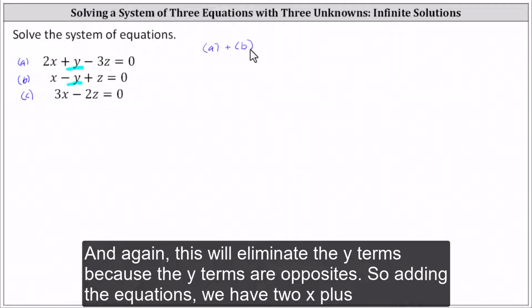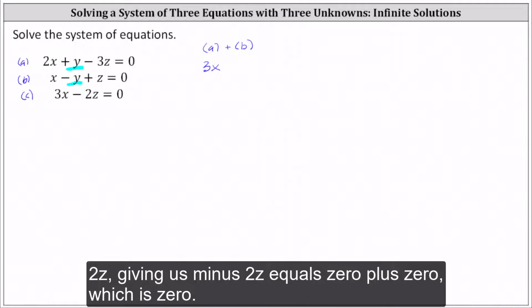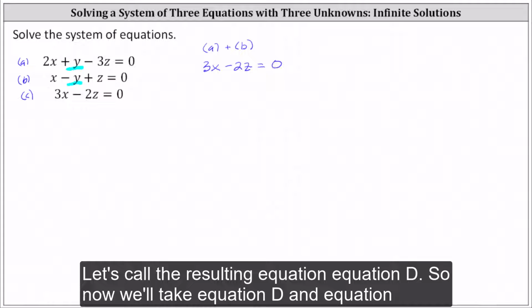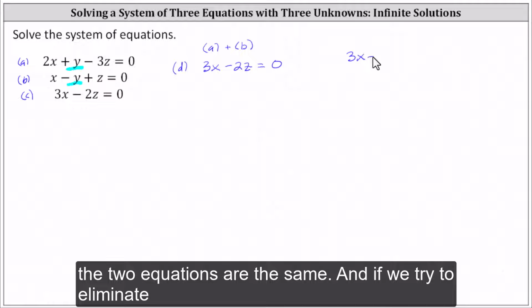So adding the equations, we have 2x plus x, which is 3x, and then y plus negative y is 0, and then negative 3z plus z is negative 2z, giving us 3x minus 2z equals 0 plus 0, which is 0. Let's call the resulting equation equation D. So now we'll take equation D and equation C and solve those equations as a system of two equations and two unknowns. Notice in this case, though, the two equations are the same,